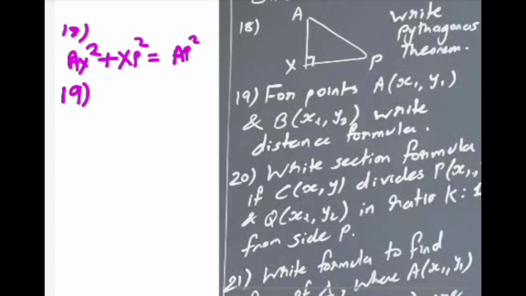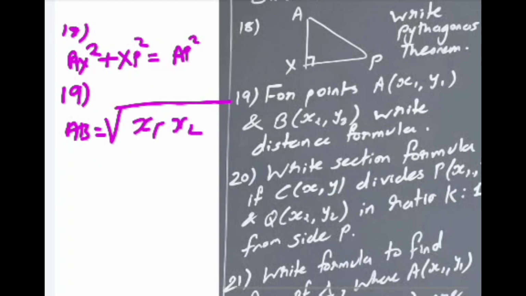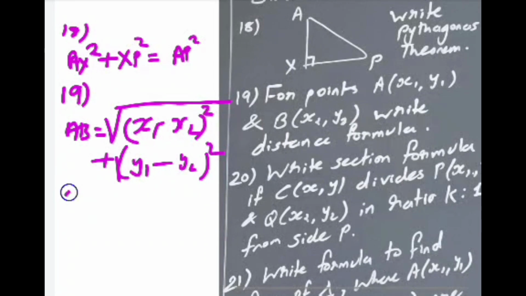So distance formula we can write, distance between A and B, that is equal to root of x2 minus x1 or x1 minus x2, you can write anything, square plus bracket y1 minus y2 square. This is an entire term. Complete whole square, you have to write this term inside it. Then 20th,